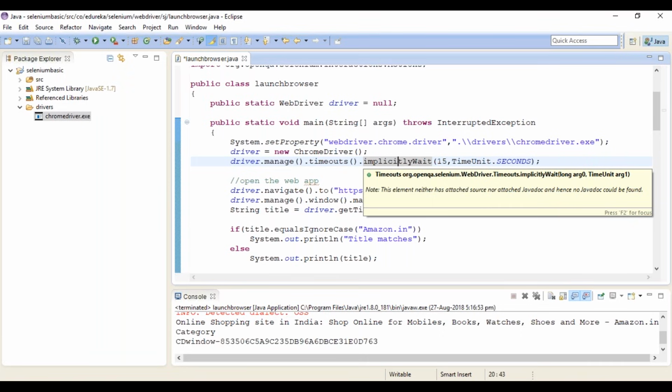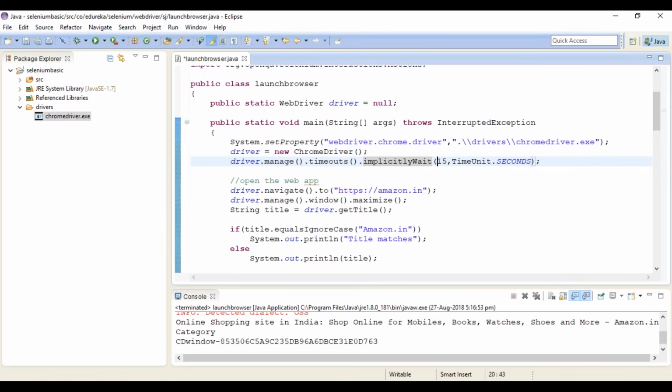It's going to wait for 15 seconds till it identifies a web element. So just in case your web element loads within a period of 3 or 4 seconds, it's not going to wait for 15 seconds. It's going to proceed with that. But if your web element is going to take longer than 15 seconds to load, then again it's going to throw up an error saying no such element found. You can change your time period, which is 15 seconds. You can change this part.